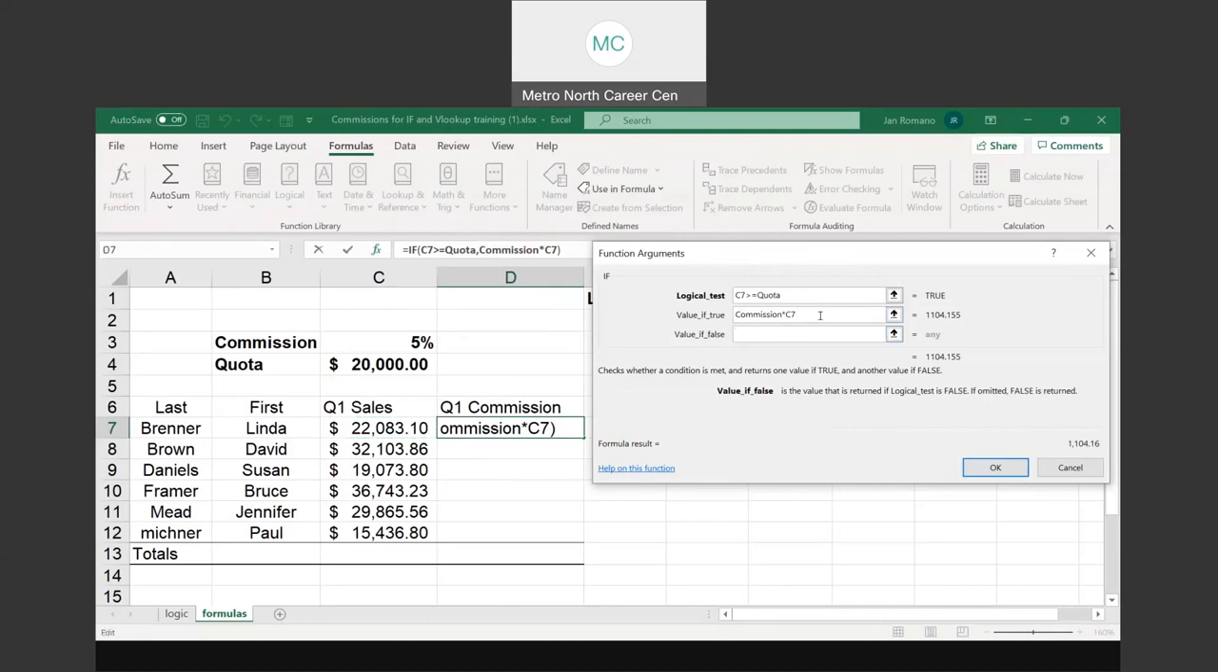Now, if it's false, if they don't meet the quota, take a look at some of the choices that I could give. I could just type a 0. I could type 1% times their sales. Maybe I only give them a 1%. I could type words, no commission this time. Whatever you decide to type, you can certainly do that in the false piece. Now, you don't have to put quotes around it, but when I click OK